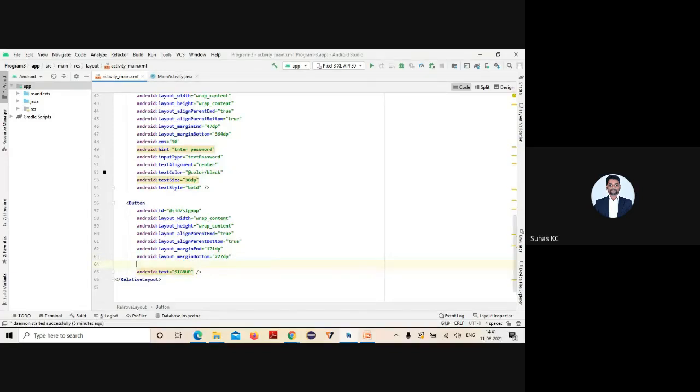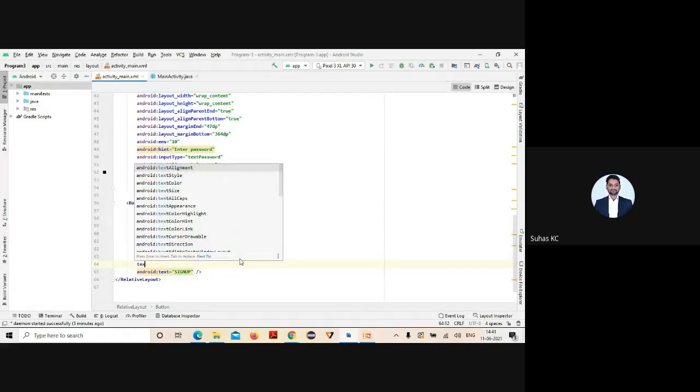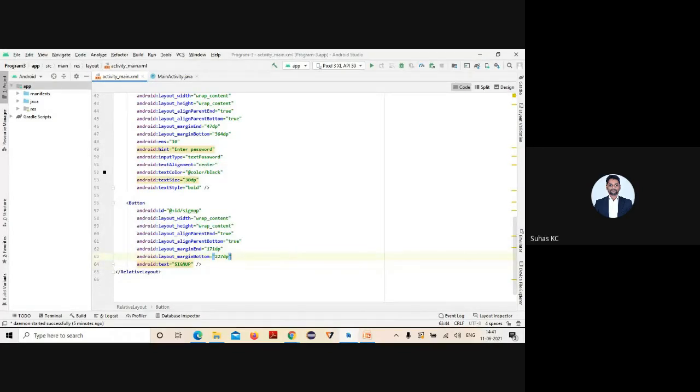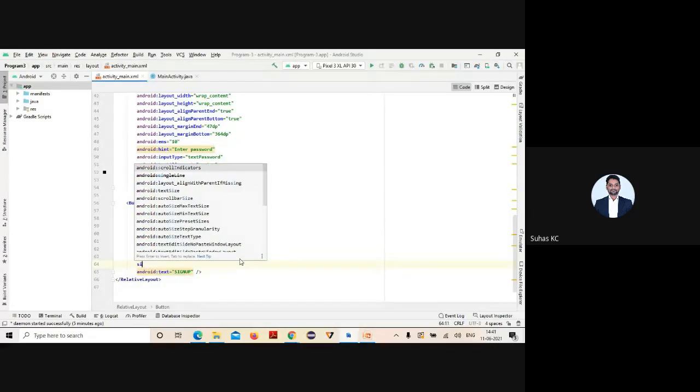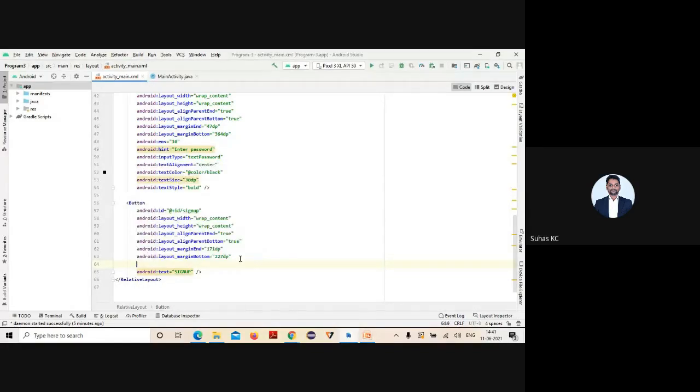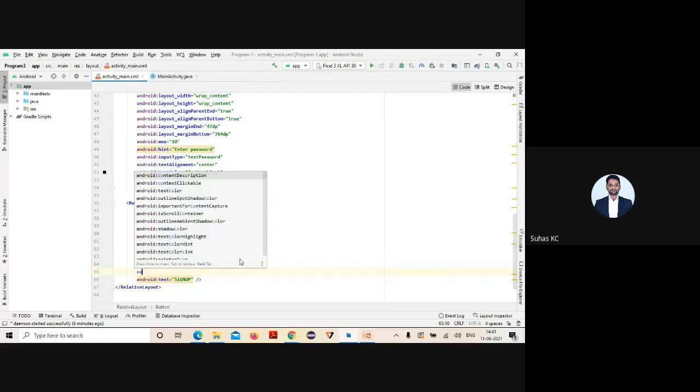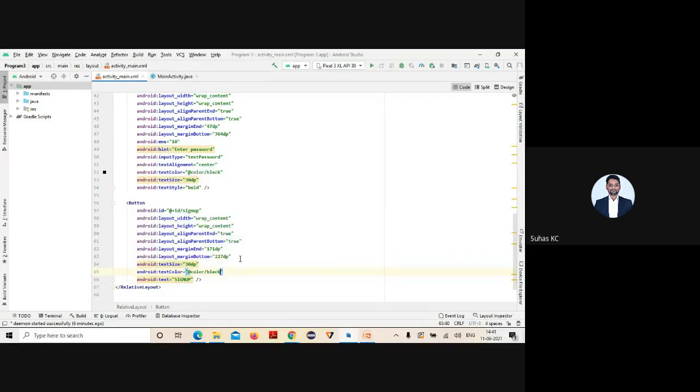And you can increase the size of that. So how do you do that? Just give SI. And color, you may just make it black. Then style, bold if you want to make it.